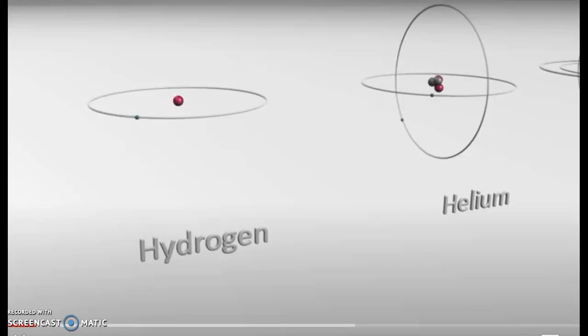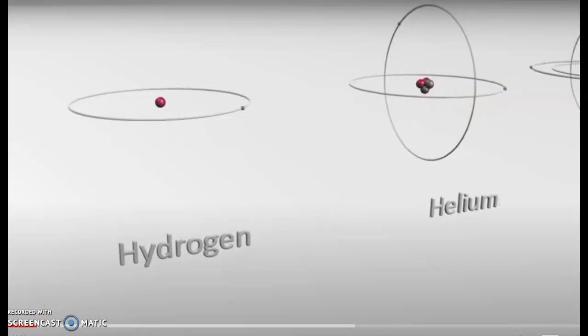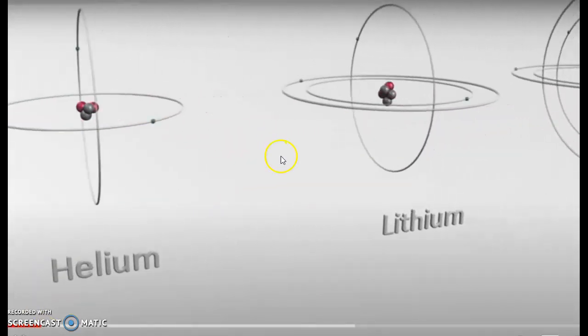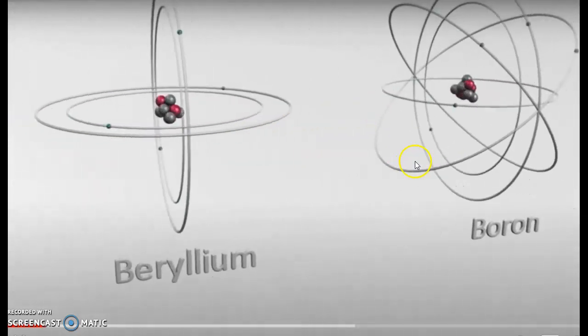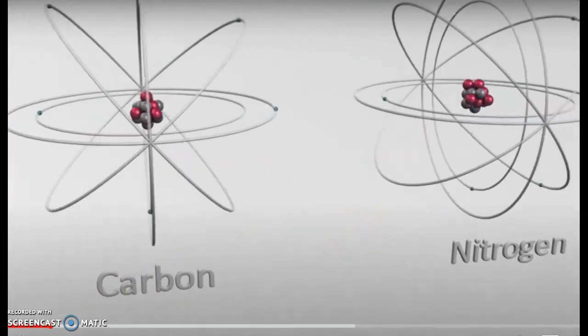Before we do that, I just want to review what we thought everything was made up of. We thought all the elements, here you have hydrogen and helium. And what you see here is a nucleus and an electron that's orbiting around the nucleus. And so we thought that all elements were made up of this nucleus with these charged particles and electrons orbiting